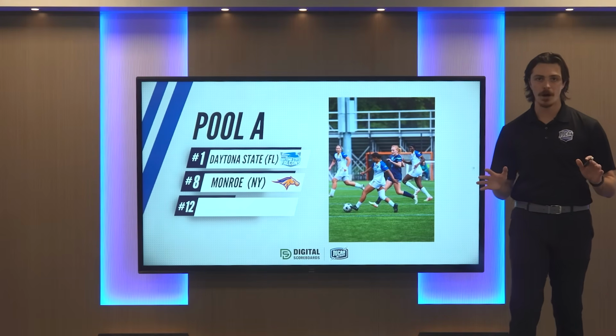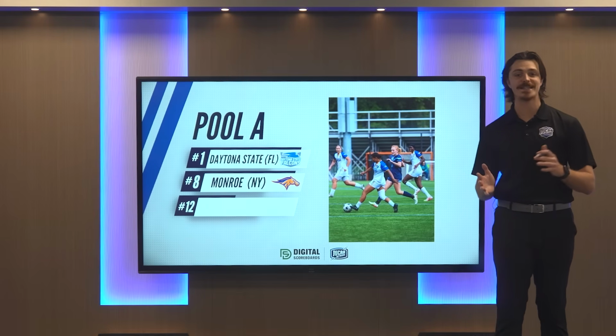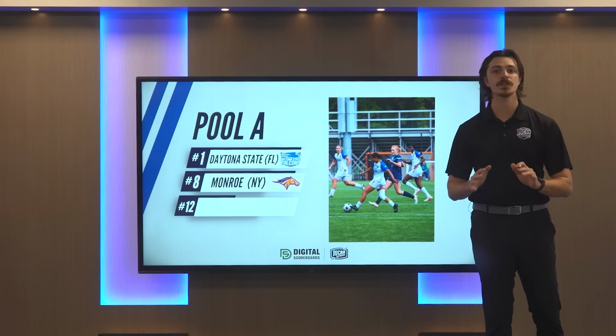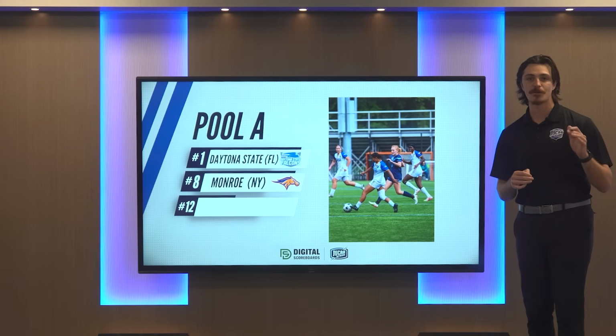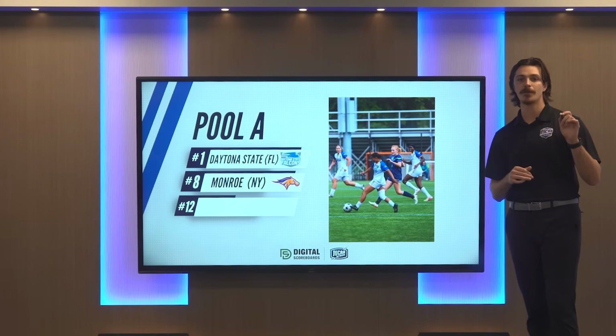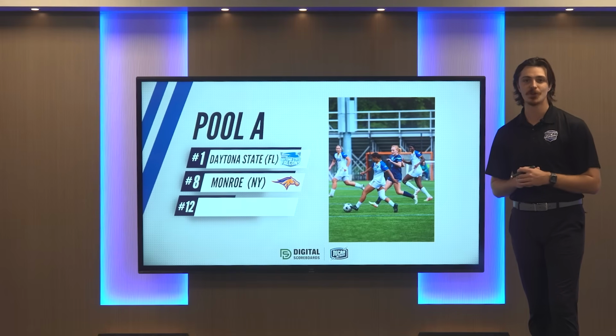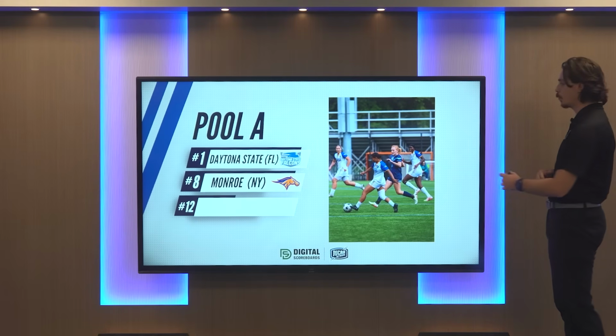The only flaw in the record this season came in the form of a scoreless draw against Miami-Dade in the season opener, and since then Monroe has piled together 11 straight wins in the first year as a head coach of the women's team for Jonathan Avila. Congratulations to the Mustangs. Time to look at the 12 seed and the last team in Pool A,